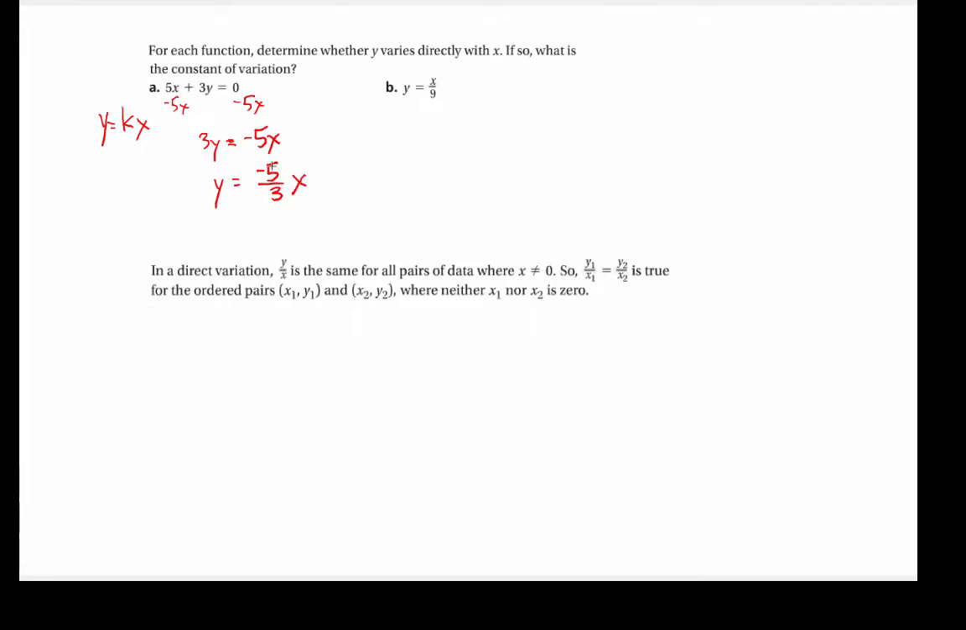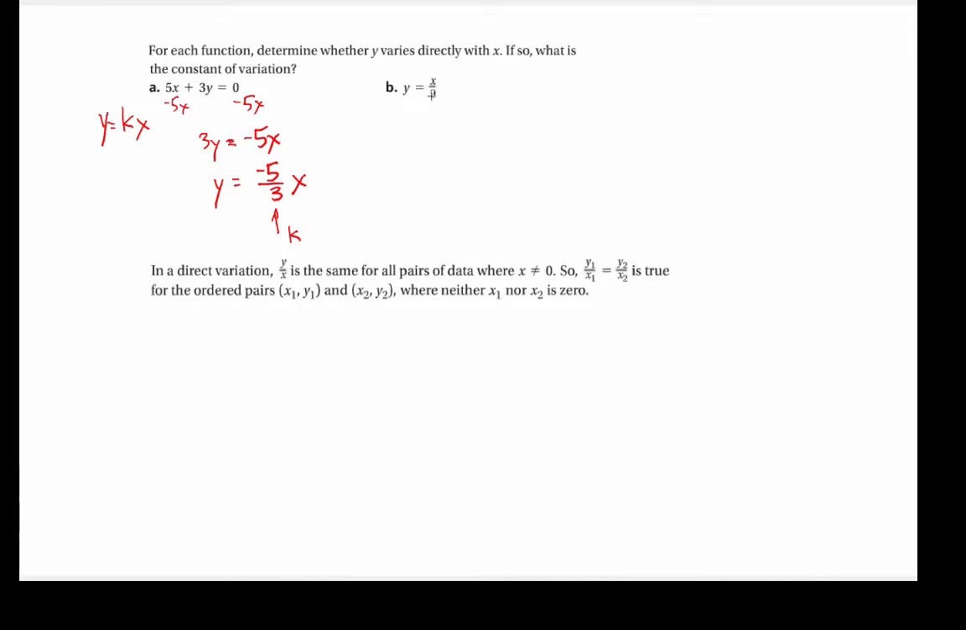But if I write it this way, it's fairly obvious that this is my constant of variation. That's my k. So this is a direct variation, and my constant of variation is negative 5 thirds. In B, this is already solved for y. So the question is, is this a direct variation? And when you first look at it, you might think, I don't think it is because x is being divided